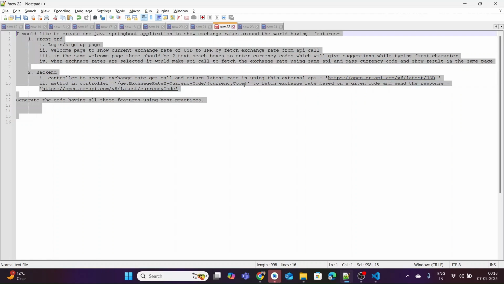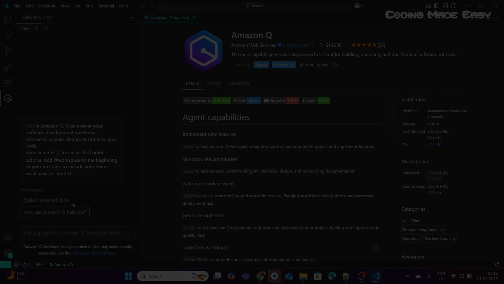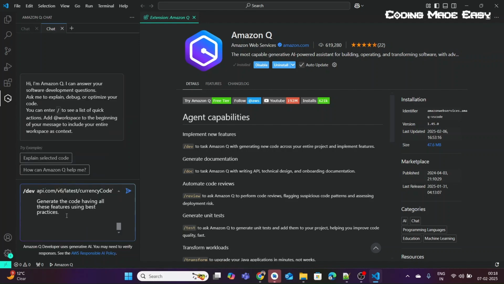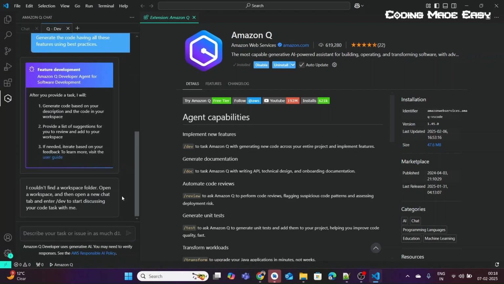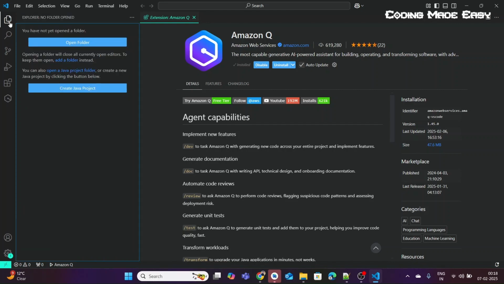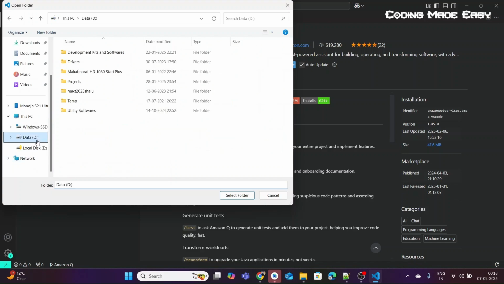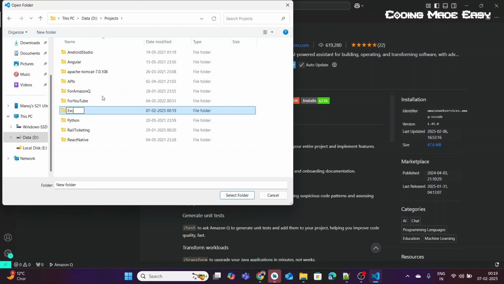So let's copy this prompt and paste it here. Type slash dev, then select and paste your query here. Click enter. Now, it is saying I couldn't find a workspace, so for that you have to create a folder. If I go here, just create a new folder for this exchange rate. Select folder,